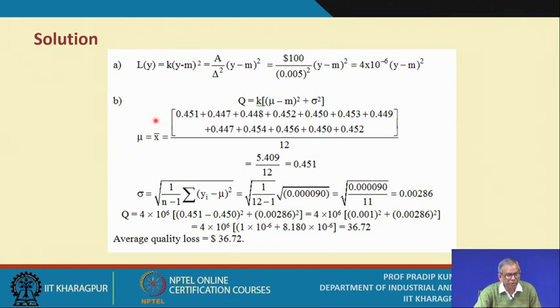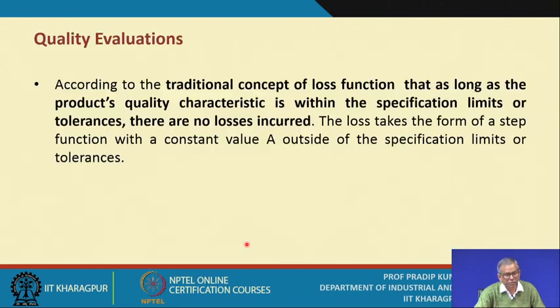Is it okay? So, the first part is understood, and the second part is also, you just follow the steps and you will get the value of the average quality loss. So, this is a typical numerical problem, okay, at the very first stage. Now,